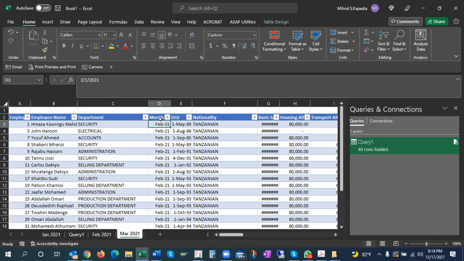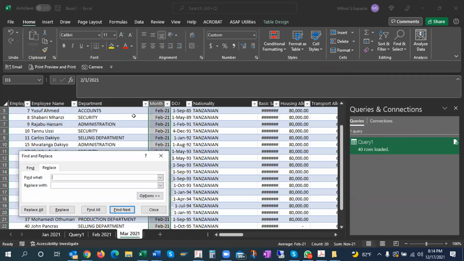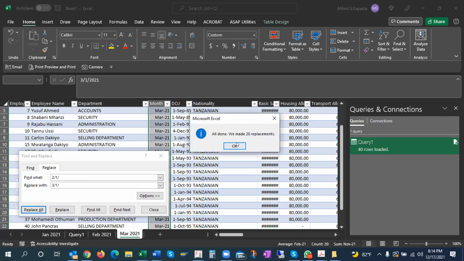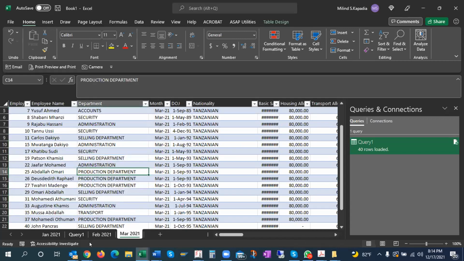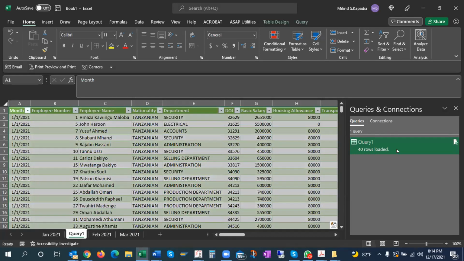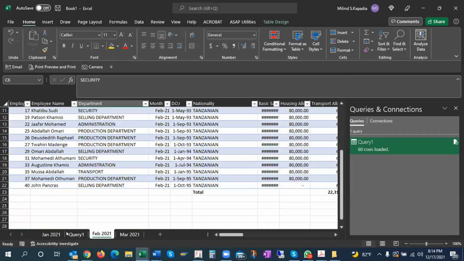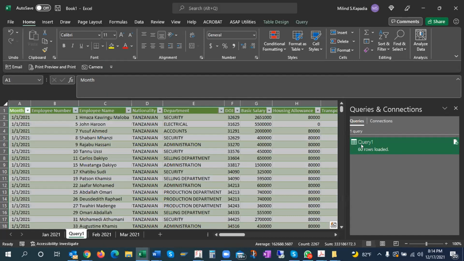Okay, and I'm changing this from 1 to 51, and I say replace all. Now, when I go here and I refresh, I get now my data for all 3 months, because it has become 60.